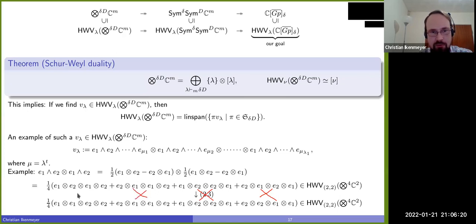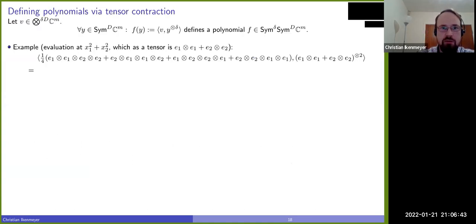It looks a bit weird, all these E1s and E2s, so it's a bit hard to see. So one has to use some smarter notation, maybe on the next slide. So I do get these types of highest weight vectors. I can construct them all: I just apply all the permutations that are possible to this specific vector here, and I get all the highest weight vectors. The linear span is literally the highest weight vector space.